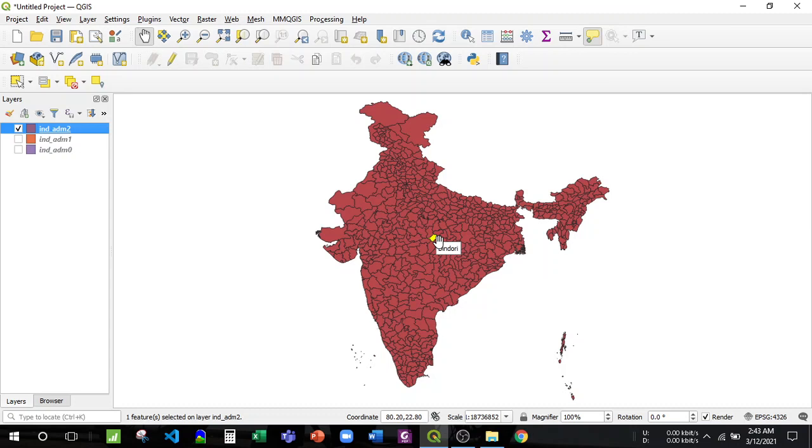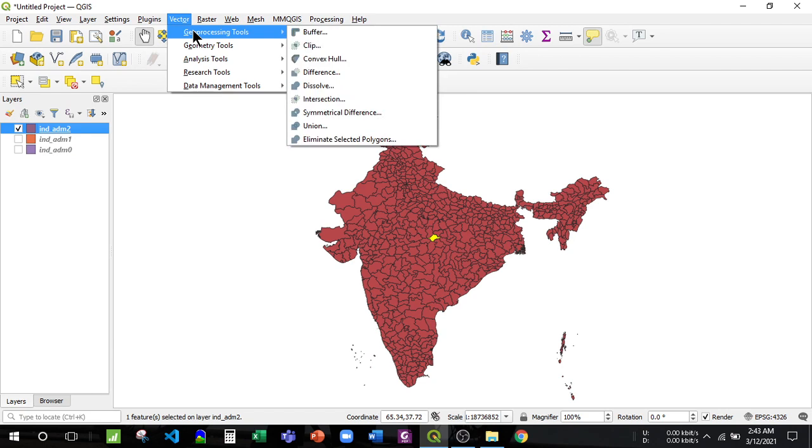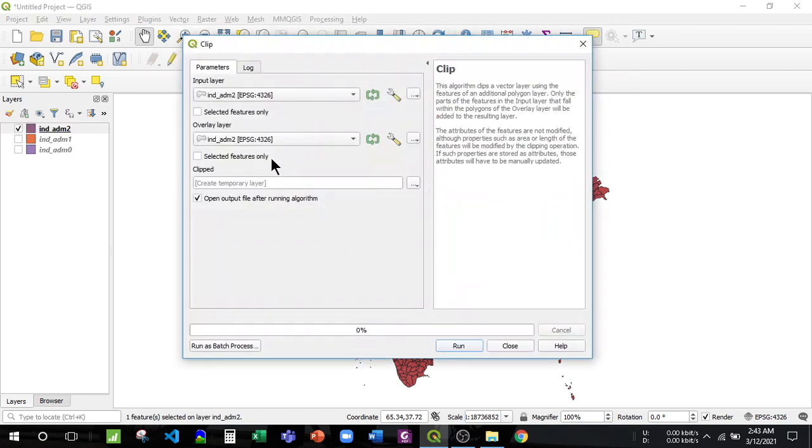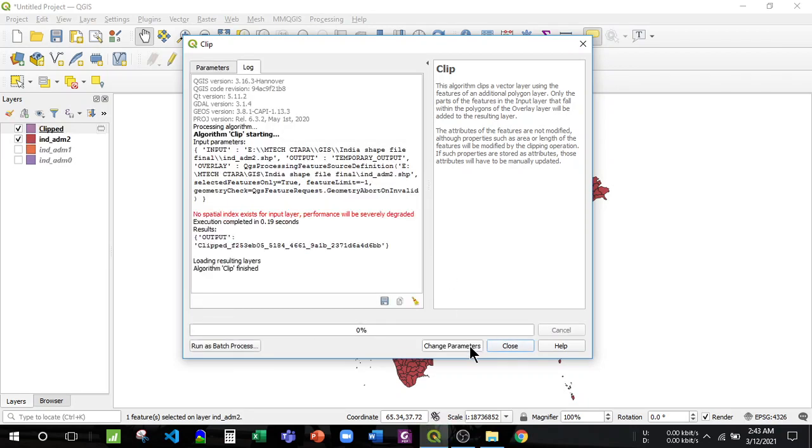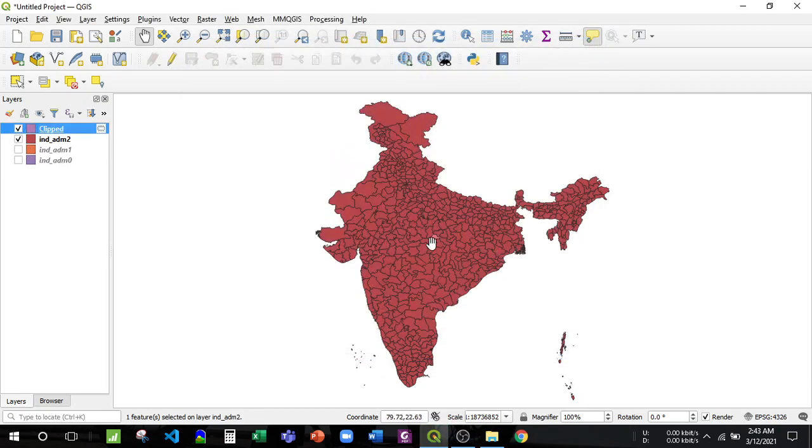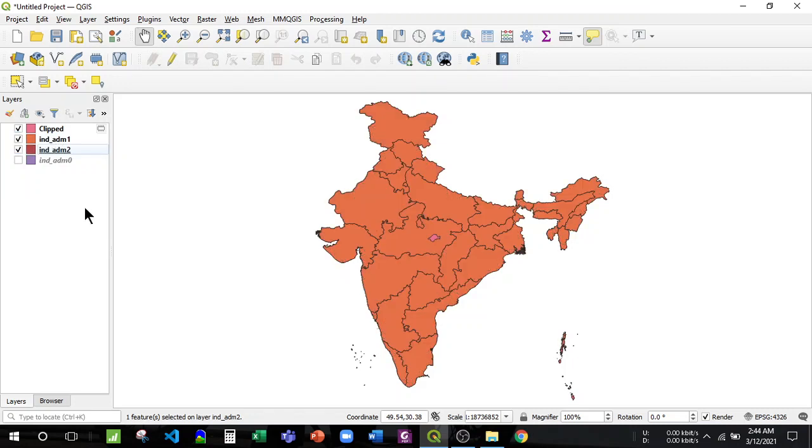You have to click on the vector option, then there is a geoprocessing tool. You will get the option clip. Then you have to click this selected features, then run, then close. See, it is clipped. Then click here and then okay.